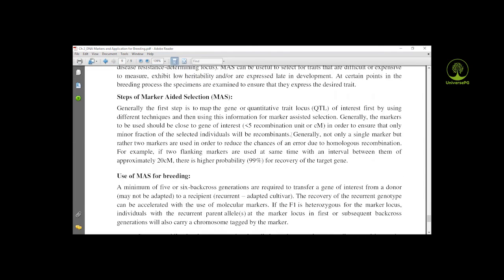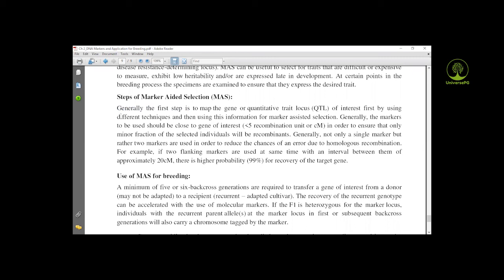for the development of crop species. Steps of marker aided selection. Some steps are involved in this process. Generally, the first step is to map the gene or quantitative trait loci of interest, using different techniques. First, we will map the gene or quantitative trait of interest by using different techniques, then use the information